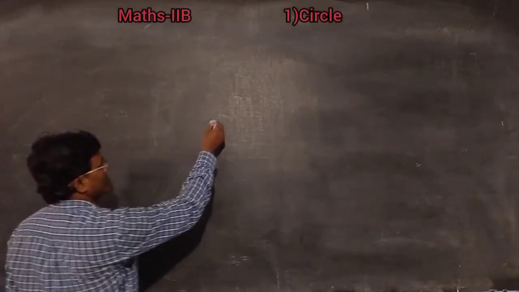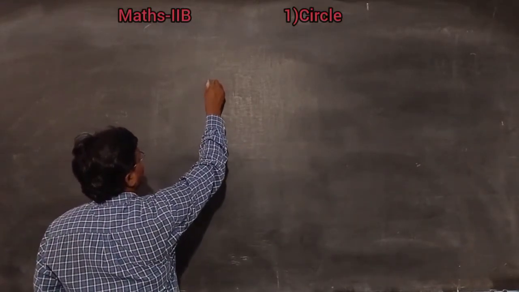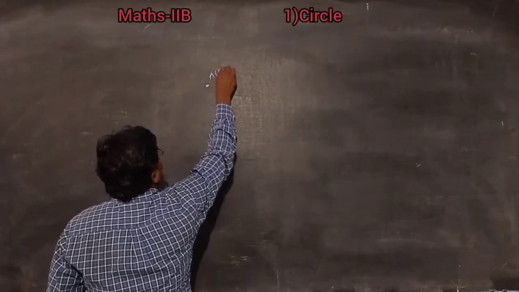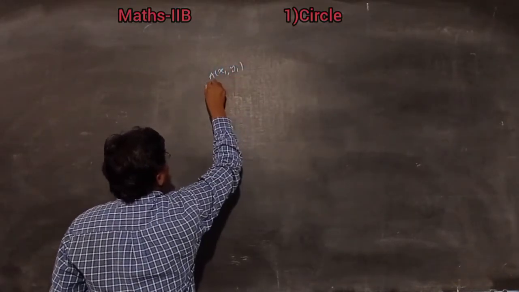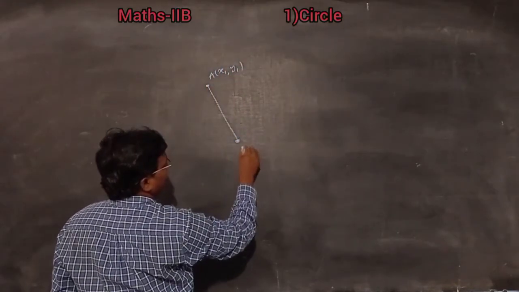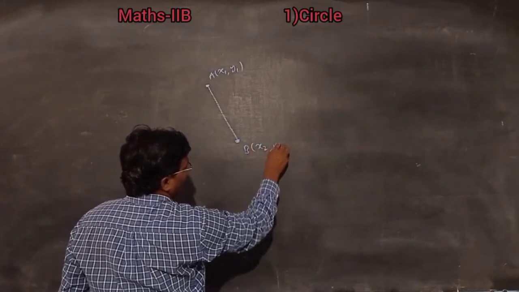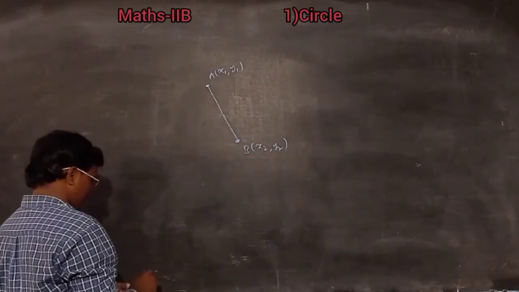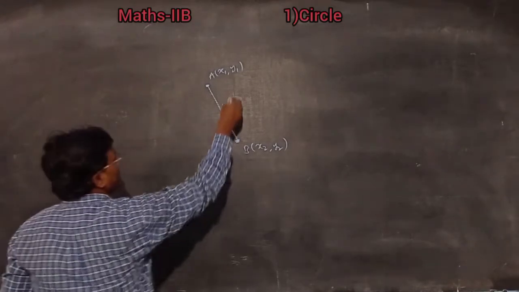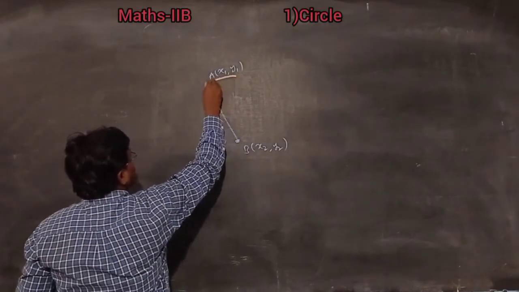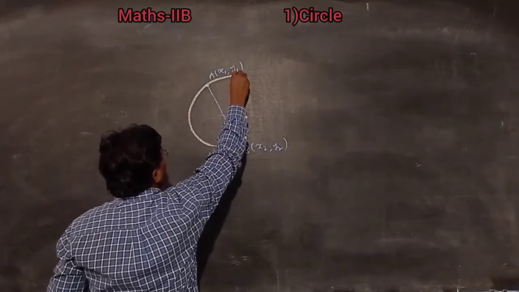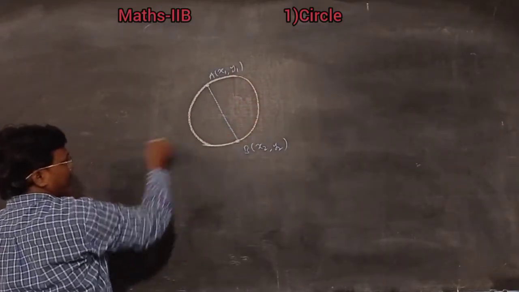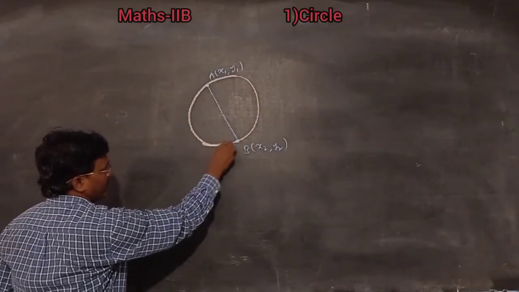Okay, so this is one point A of x1 comma y1, and this is another point B of x2 comma y2. These are the end points of the diameter. Then we can easily find the circle equation by using one formula. So what is that formula? We get the formula